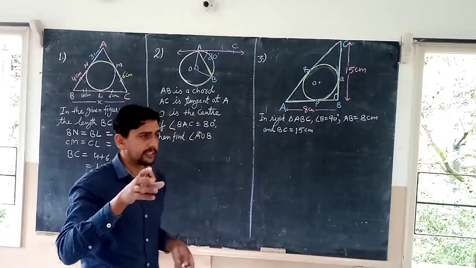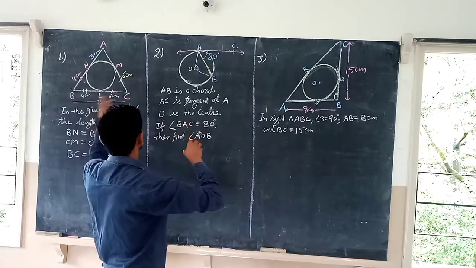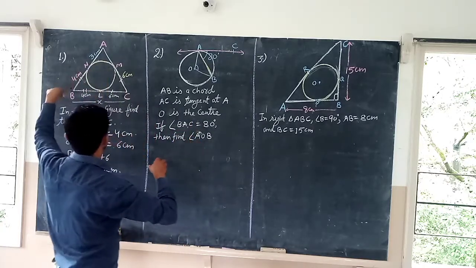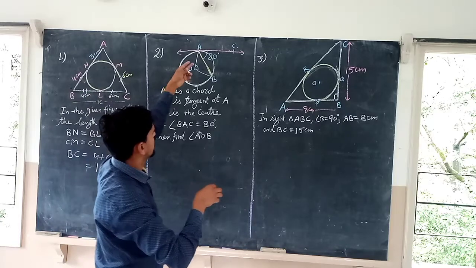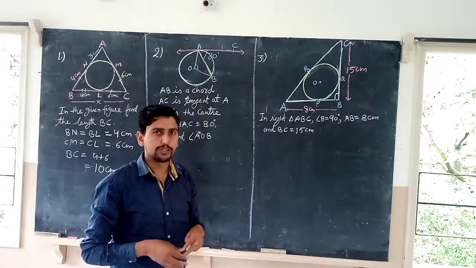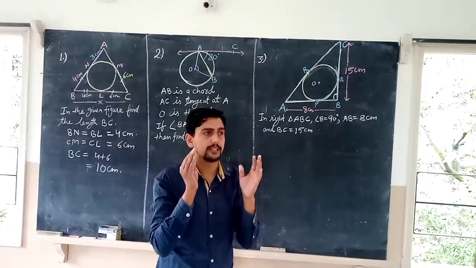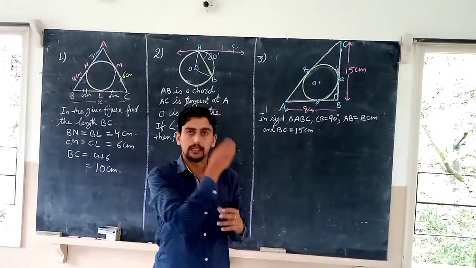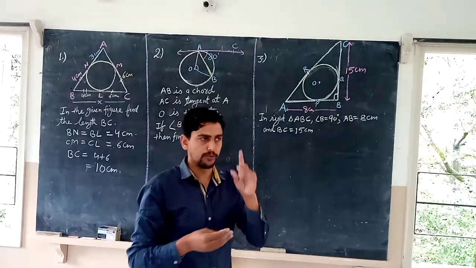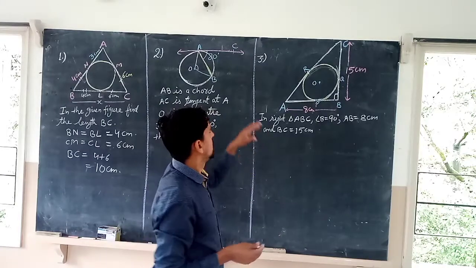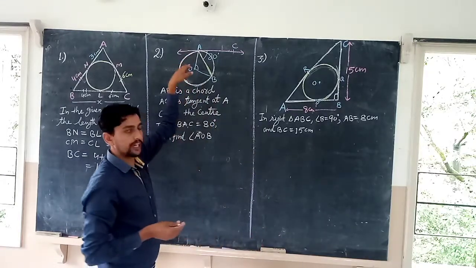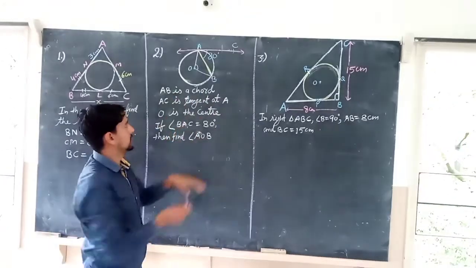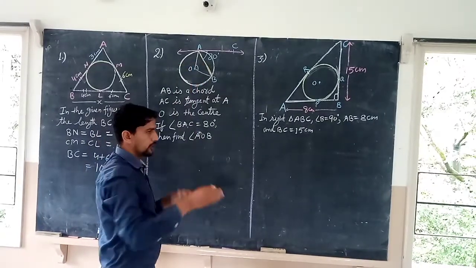So then you must think, in previous cases we were given tangents and here we have been given an angle. That means in some way you have to use the property of tangent, the first property of tangent, which is that a tangent is perpendicular to the radius.